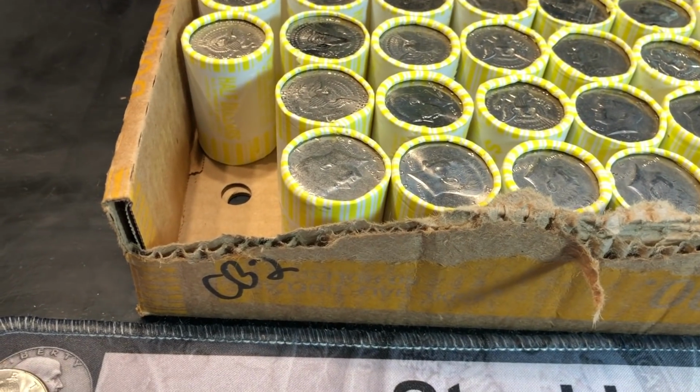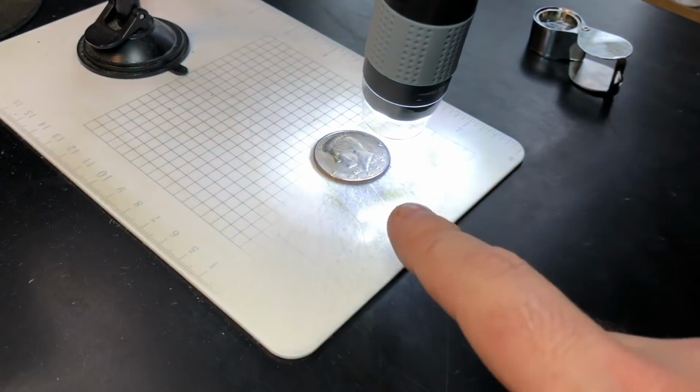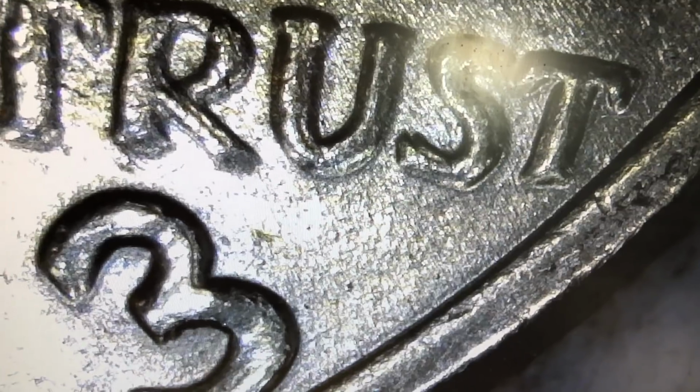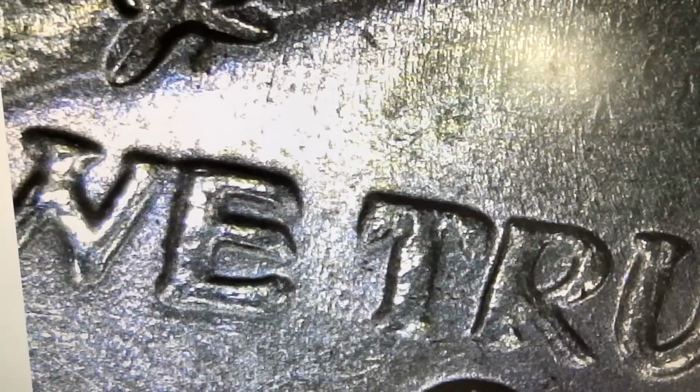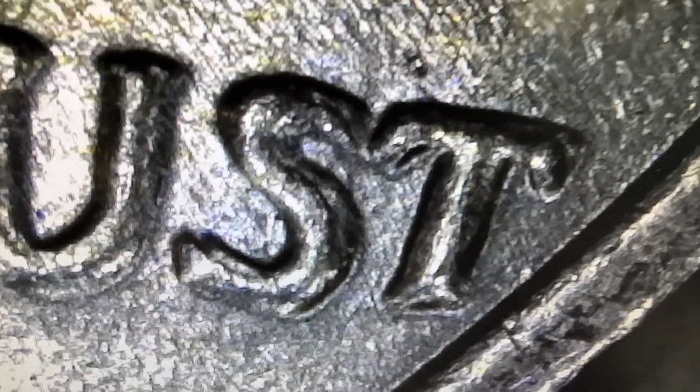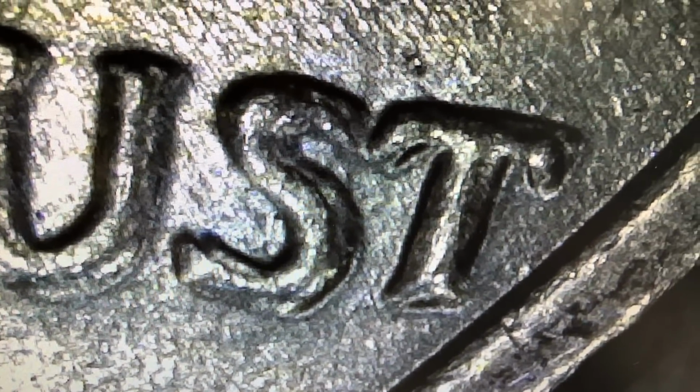Roll number 2 is gonna have a find because I just put a 73D under the scope, and take a look at this bad boy. Bingo bango, 73D DDO. Beautiful doubling on the R, a little bit on the U, strong doubling on that S,